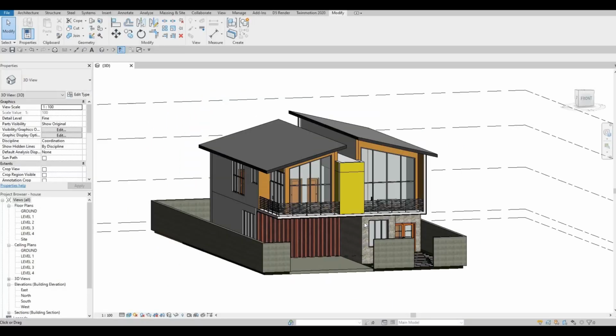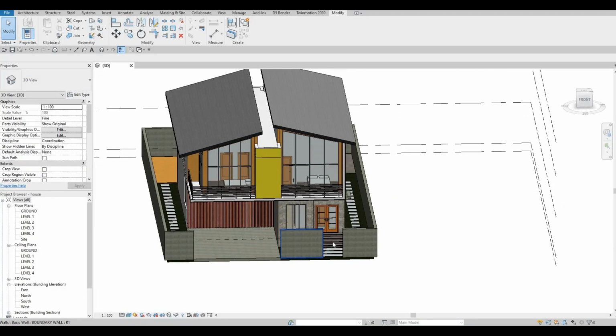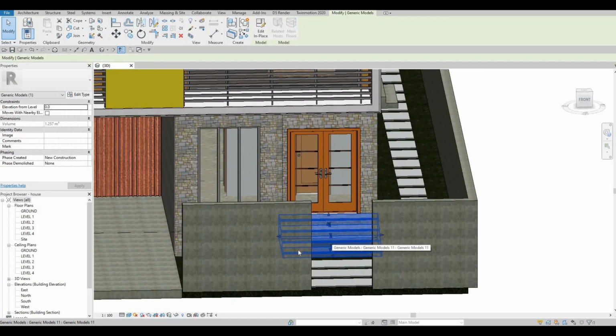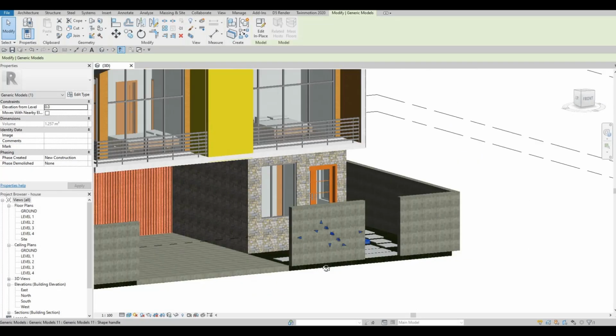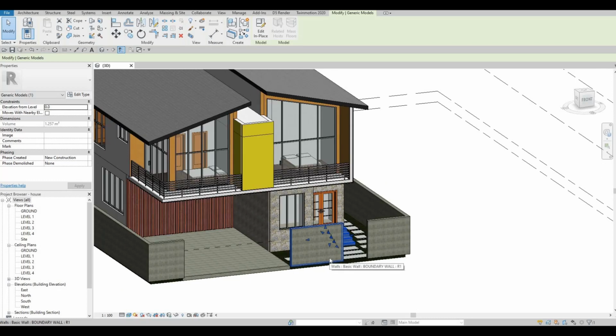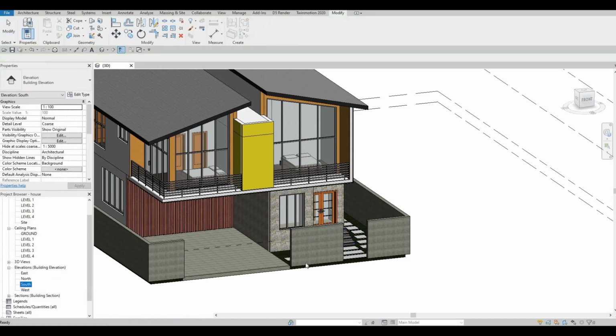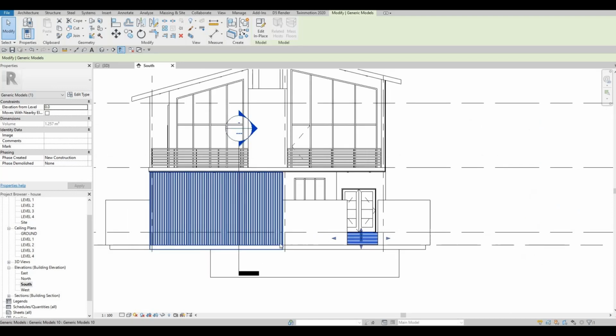So in the last video, we were able to add materials and also we edited this staircase, the front staircase. So now we're gonna continue working on this. I want to add in the gate, so the front. So here what I'm gonna do is we're gonna go to our south elevation and we're gonna work on this,